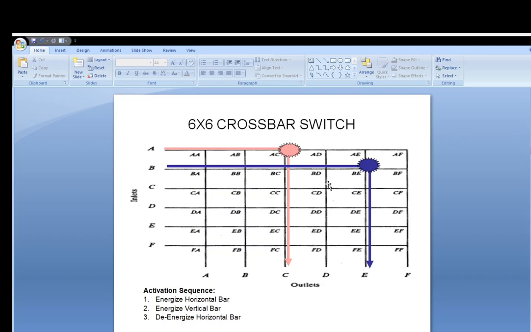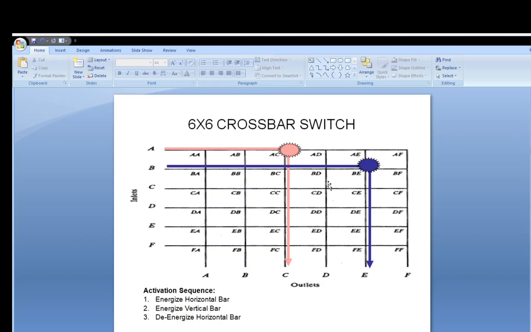But what can be the discussion on the connection between A and E? At A and E, A is energized first and then E is energized. In our discussion, A was the first to be energized and E was the last to be energized. In that case, we can see the rule that A should be energized first, and then after that the vertical should be energized, is fulfilled. That means the connection between A and E is possible.